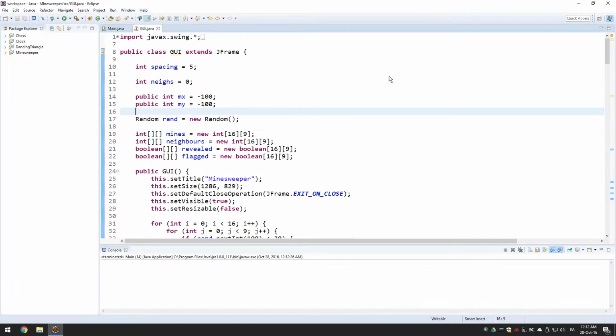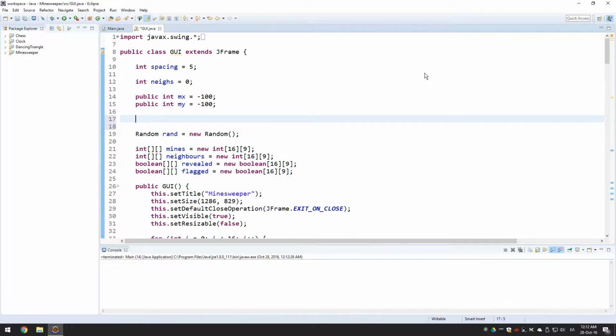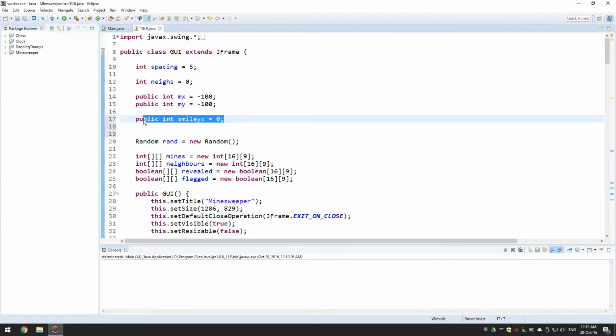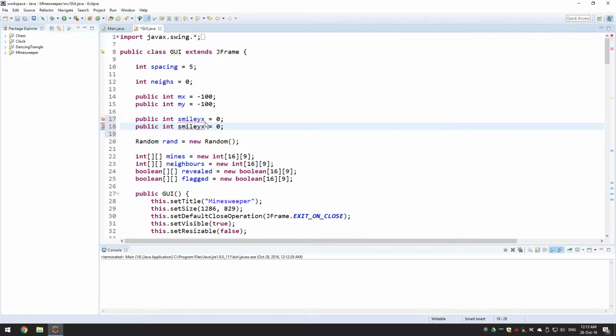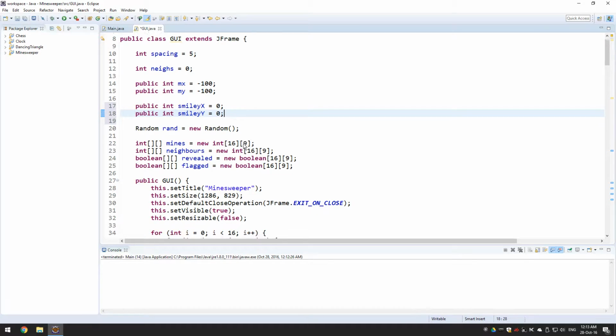So before we do, let's go ahead and create two, sorry, this is Greek, we want English, two public integers, smiley x, let's set it to 0 for now, and a smiley y. Actually, let's make those capitals. Okay,